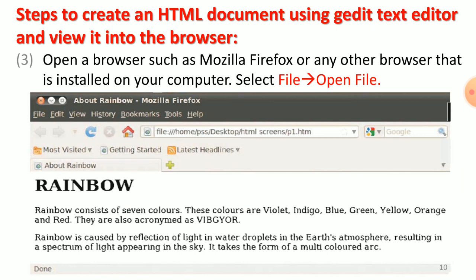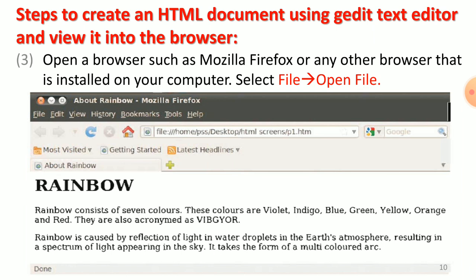Next, the third step is to open a browser such as Mozilla Firefox or any web browser installed on your computer, then click the File menu and then Open File, or press Control O. You will see an open file dialog box.